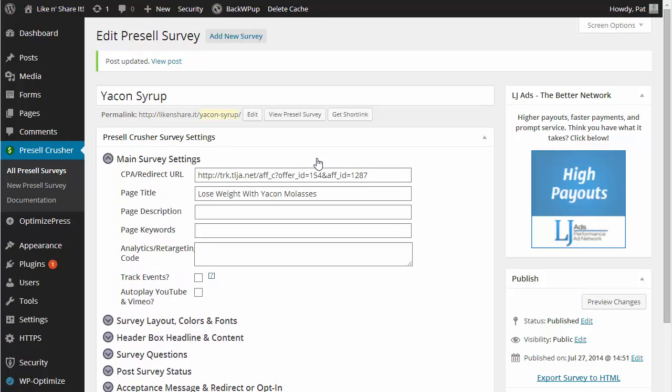So on the main survey settings, we have our main target URL that you're going to send people to. This is going to be your affiliate or your CPA offer link. And then it has options for SEO, for title, description, and keywords. It has a box where you can enter your Google Analytics or other tracking code, as well as any